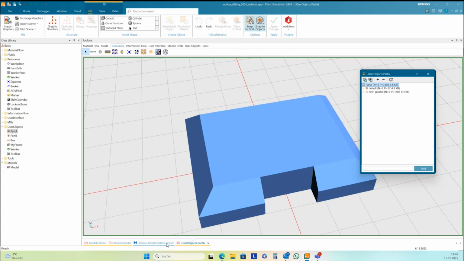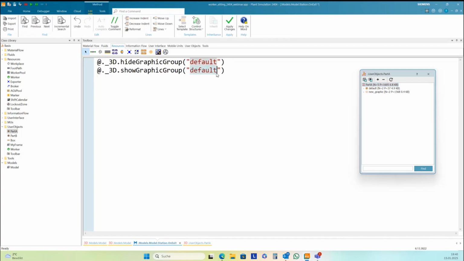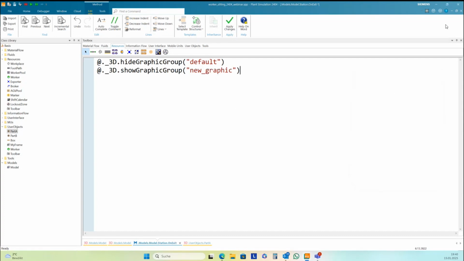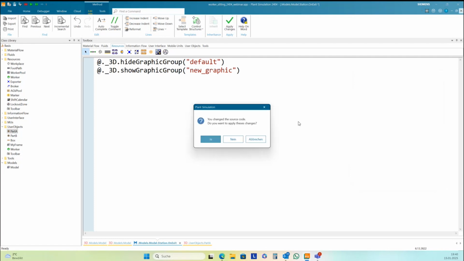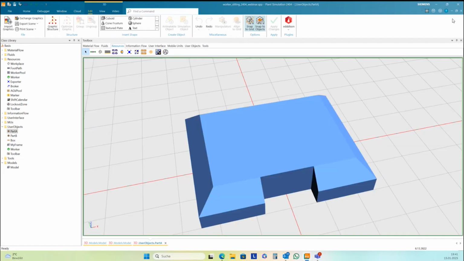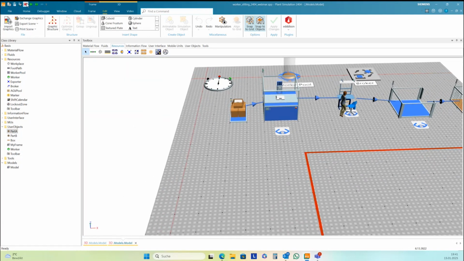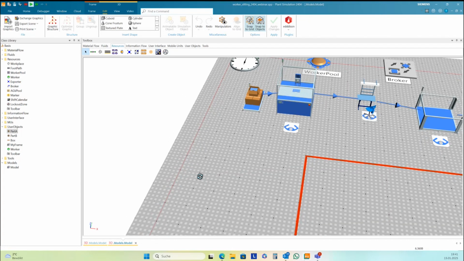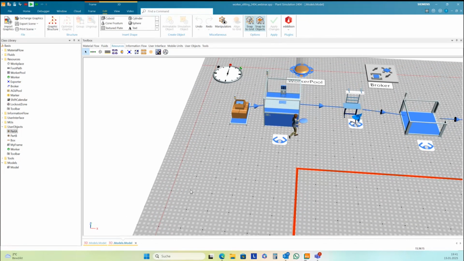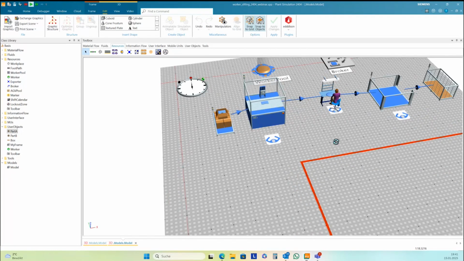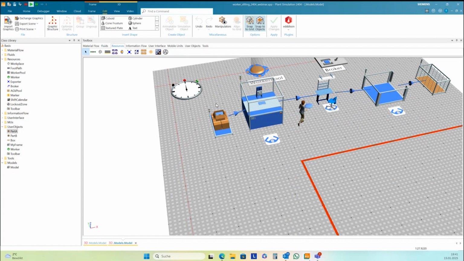New graphic, okay. Now, yes, I think you see the difference.